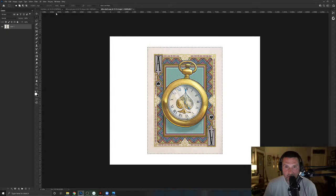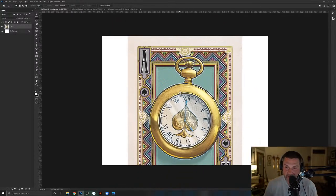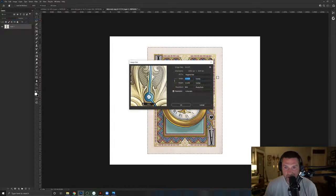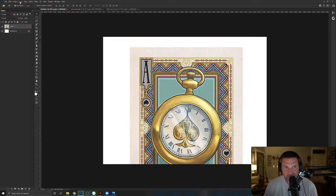So I'm going to crop this. I'm just going to copy it. I'm going to come over to this file. See, that's why I do things really big. This is the ace of spades, you know, for the card. But I originally did it 12 by 10 at 800 dpi, and as you can see, this document here that I just opened,